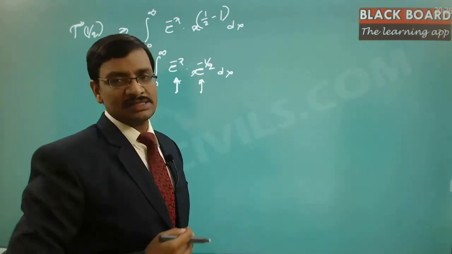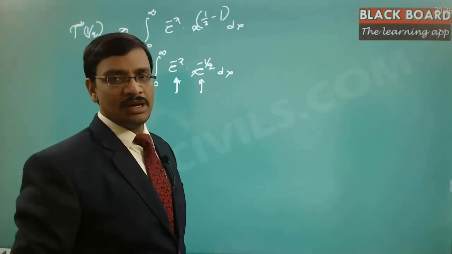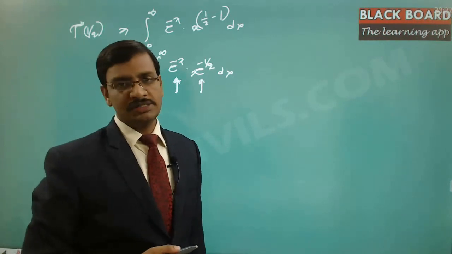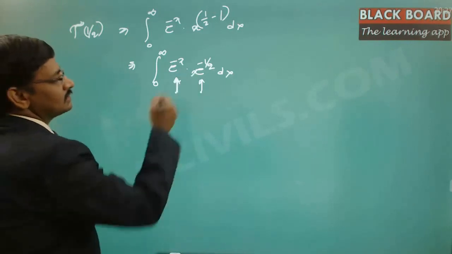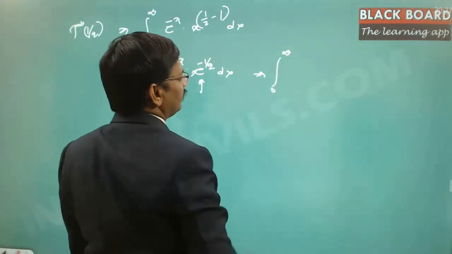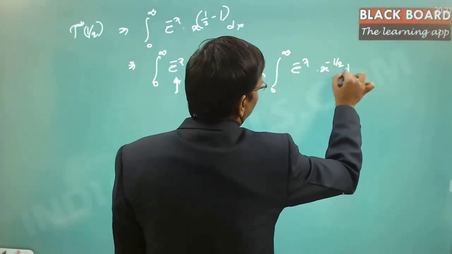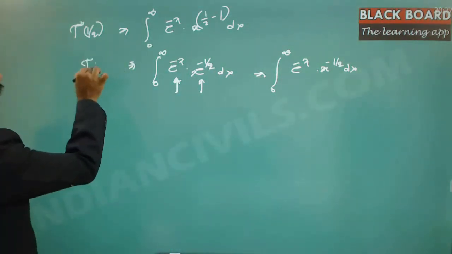For solving this kind of problem, there is one more technique. We will be using the double integration technique, and then we will be able to solve with the help of the polar coordinate system. I'll just give you a brief of it, and then we'll try to solve this. See this, it is coming out to be the integral from 0 to infinity of e power minus x into x power minus 1 by 2 into dx. Now this function value is gamma of 1 by 2.